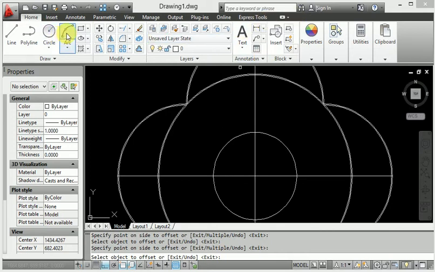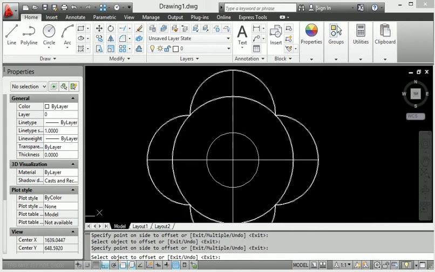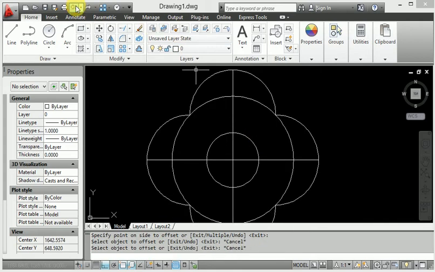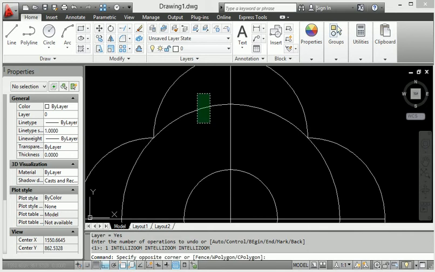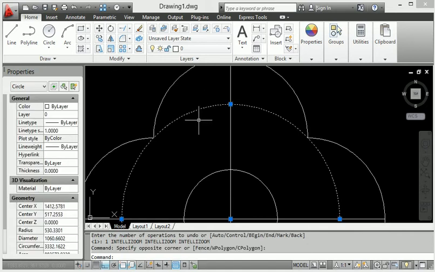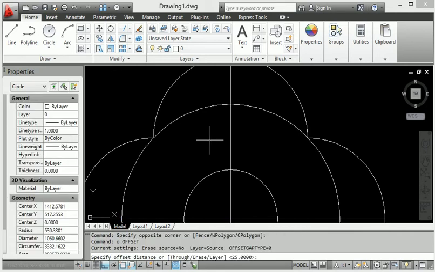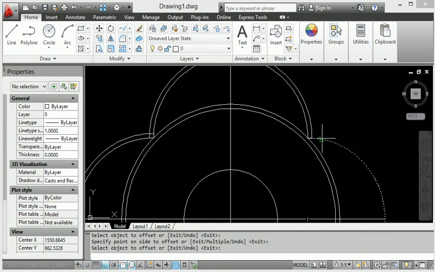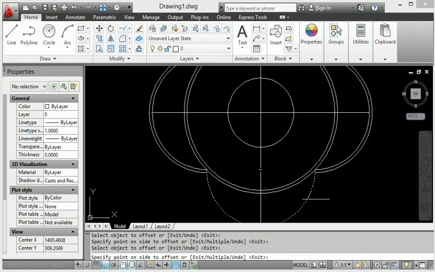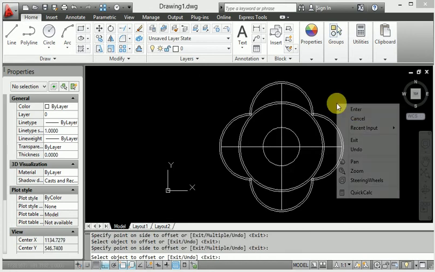When I press Control Z, I will go to distances, some particular distance. When I provide 20 mm distance, then also again 20 mm. Again click this outer side at 20 mm distance, like here.